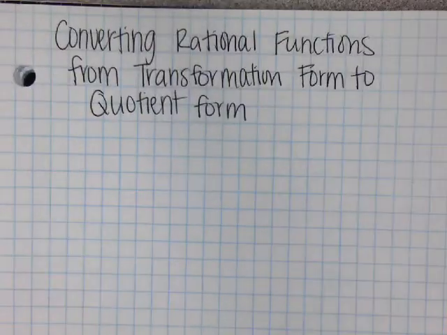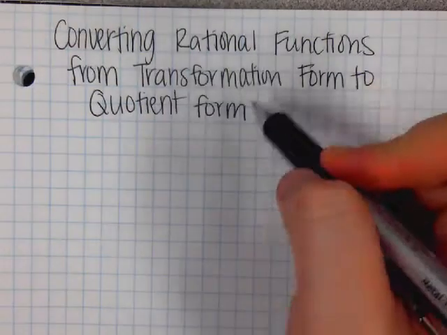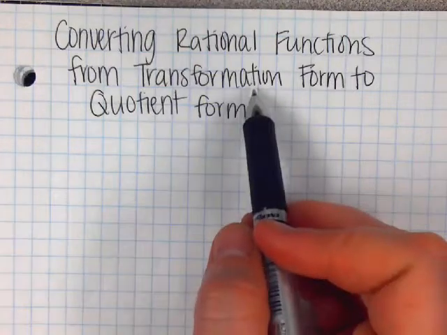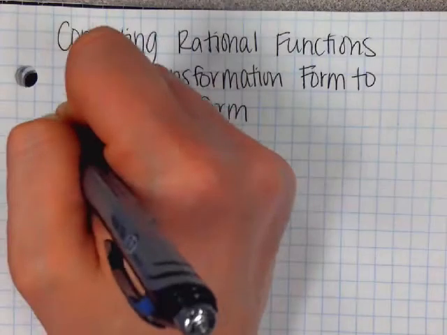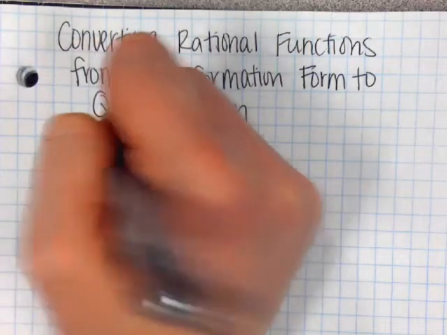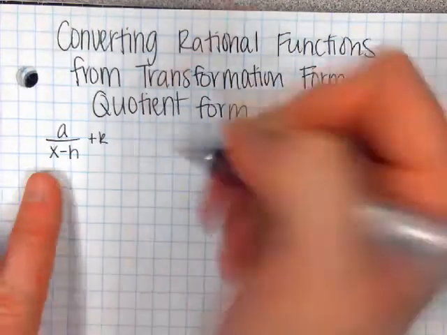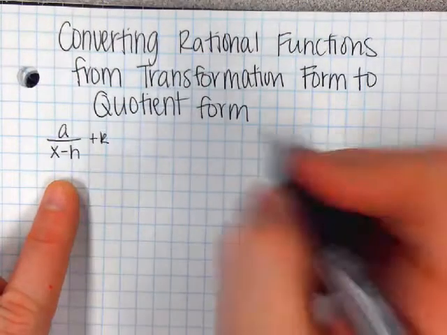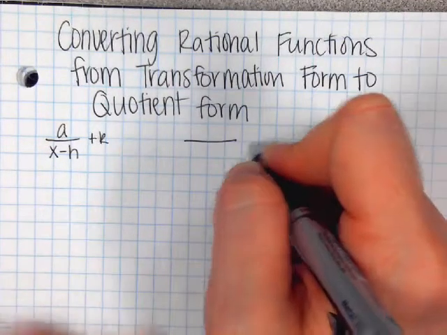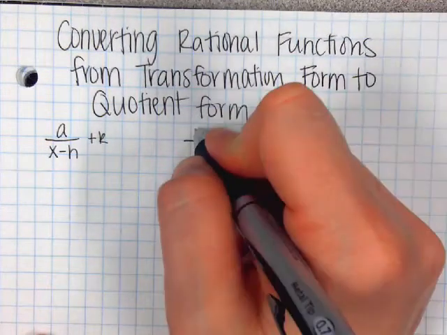Converting rational functions from transformation form to quotient form. So remember that transformation form is a over x minus h plus k. You're going to convert it from something like this to quotient form, where it's all divided by, there's nothing adding or subtracting at the end. So it could be like